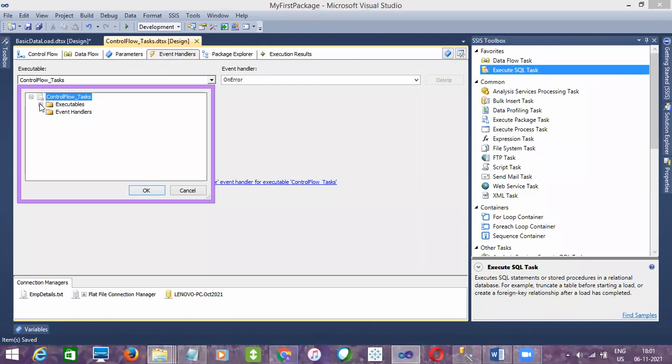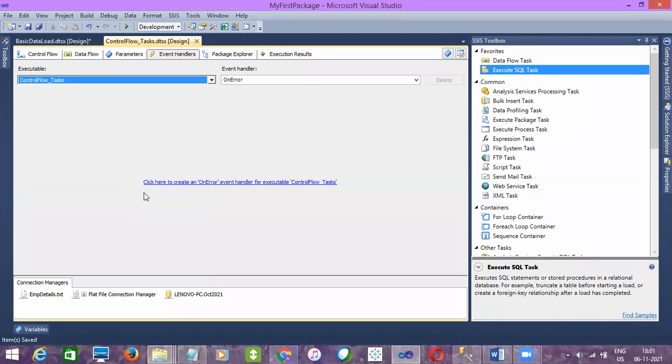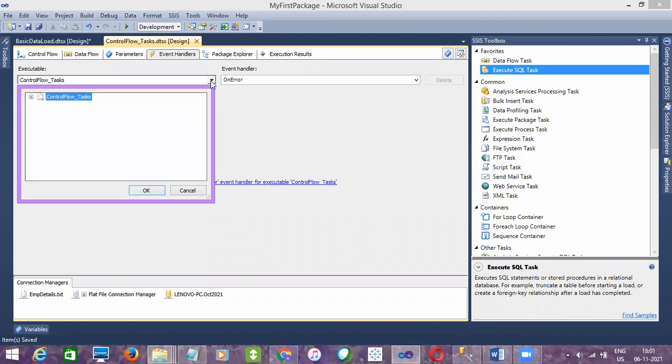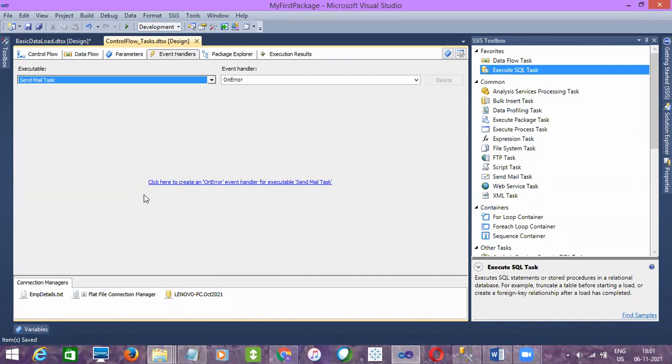In the executables, you can see all the tasks at the control flow level. So if any task fails and you want to run something alternatively, you can do it here, or you can use the whole control flow. For now, let me use a send mail task as an alternative method. Let's say if any send mail task fails, I'm selecting a send mail task specifically, and if that